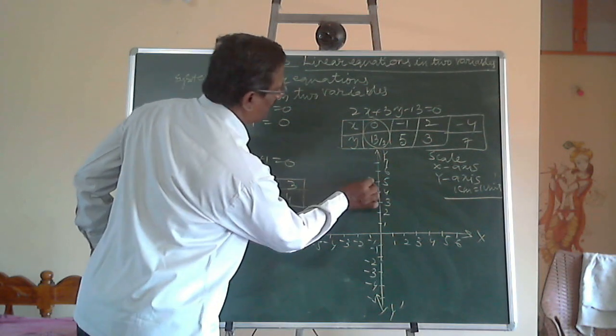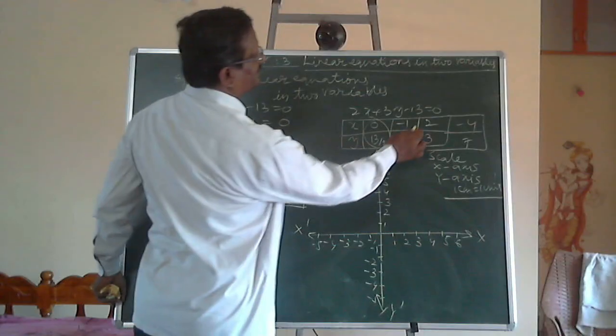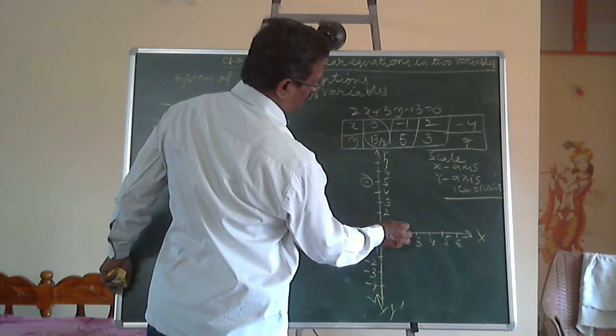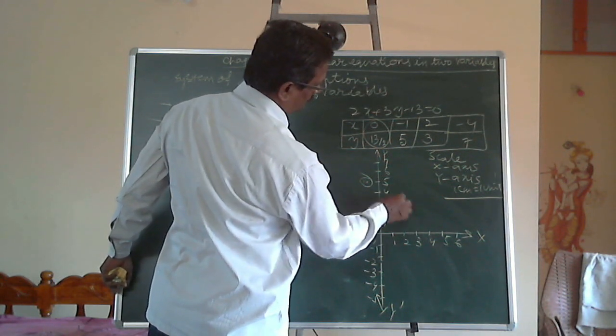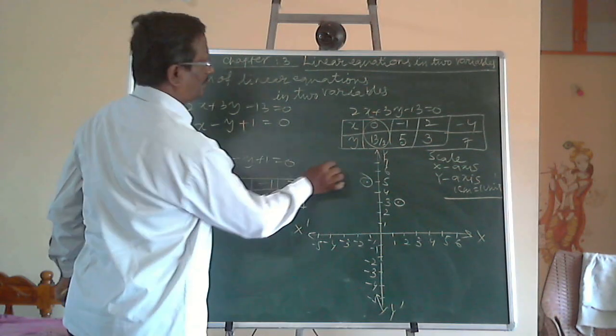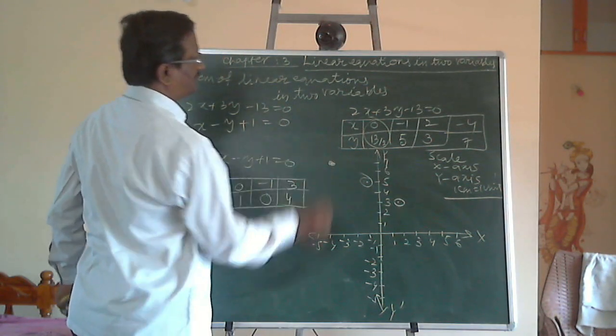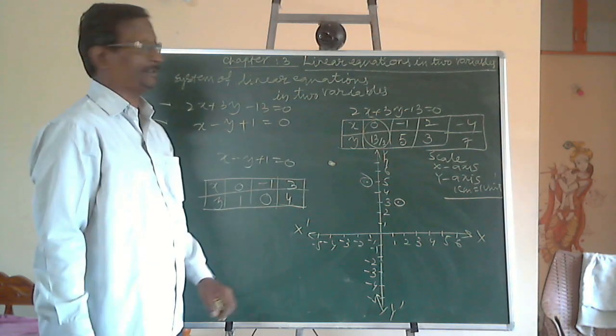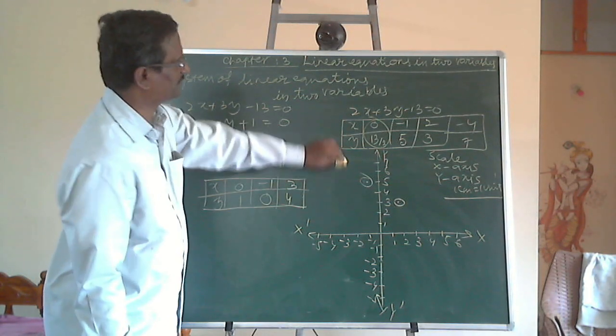Mark a very sharp point and encircle the point. X is equal to 2 and y is equal to 3: 1, 2, 3. Sharp point and encircle it, but don't put the point like this. This is not the right way, it is the bad way of putting the point. Let us not do it like this.